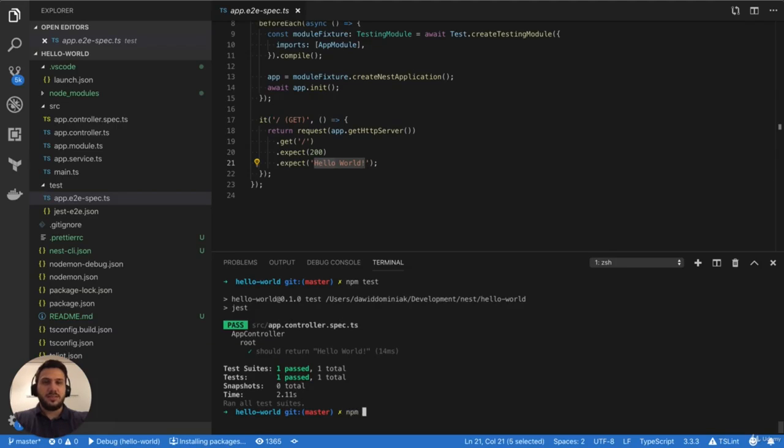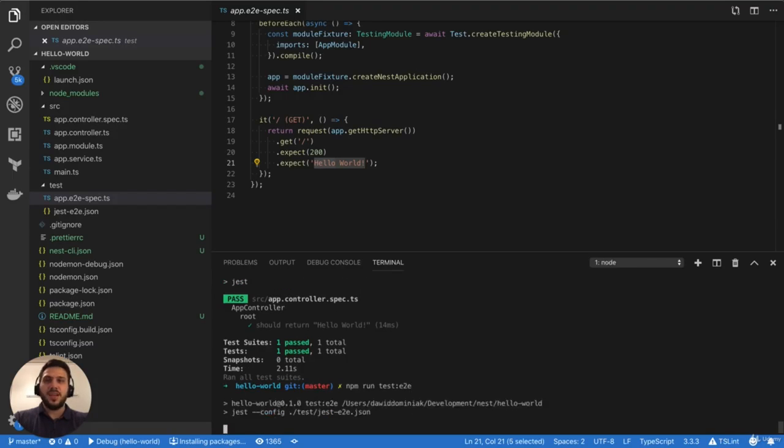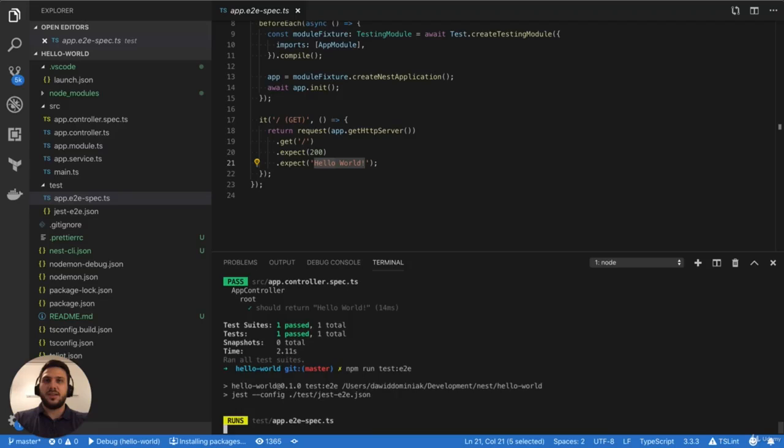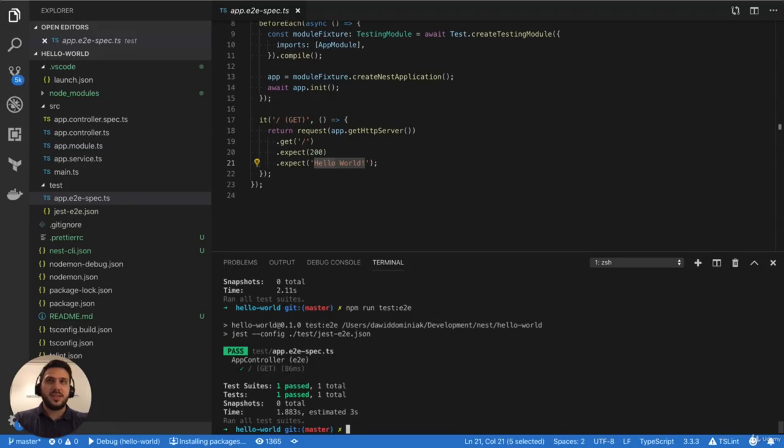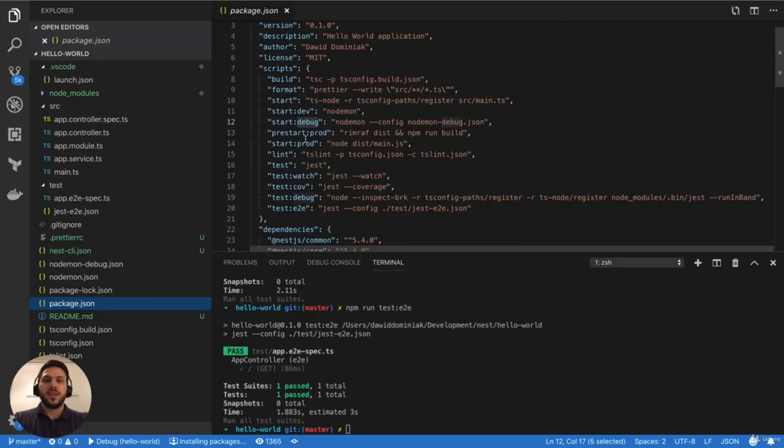And let's try to achieve it. Let's try to run our integration end-to-end tests. To do it, we need to just use npm run test end-to-end, and yeah, in just a second we'll have one test passed. I think it's pretty simple to run it, and we can switch to